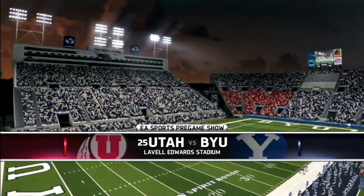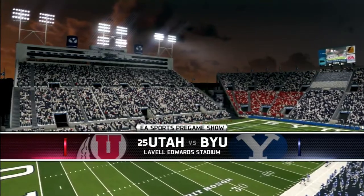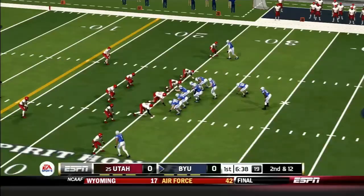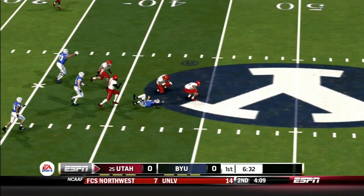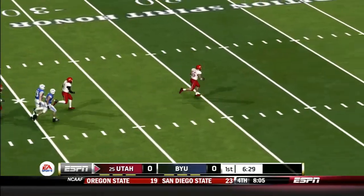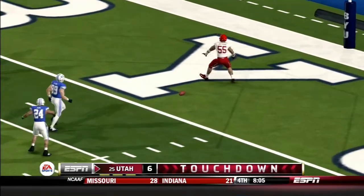Alright, so we will cap this week off with a rivalry game from Provo, Utah. It's called the Holy War. Number 25, Utah, and BYU from LaVell Edwards Stadium. Taysom Hill, the quarterback for BYU, gets hit, drops the football, and it's picked up by a Utah linebacker who's going to scoop and score for the 25th ranked Utes, and that is